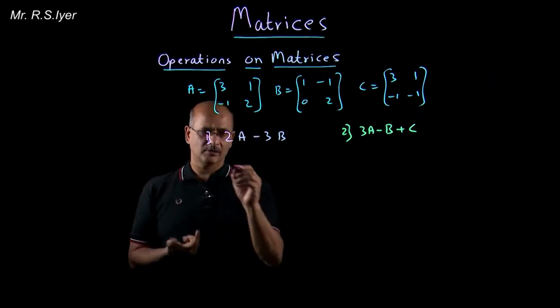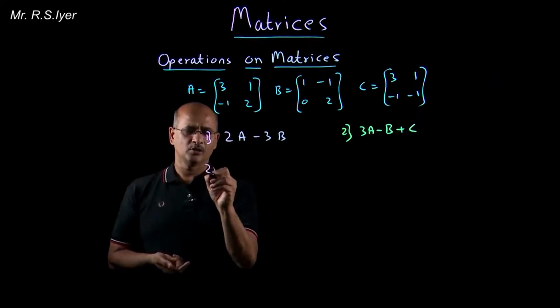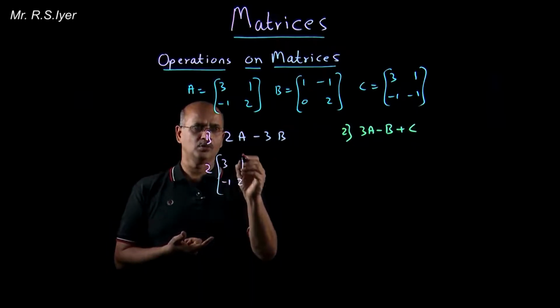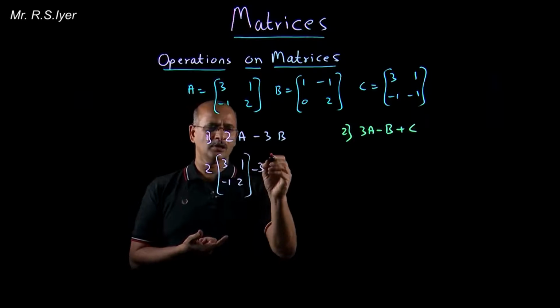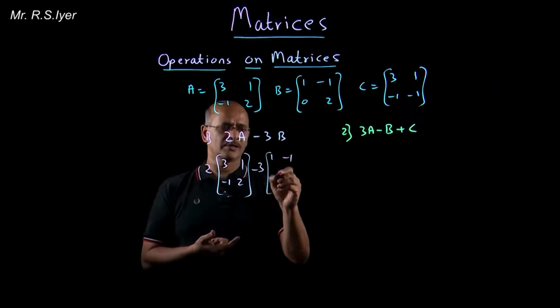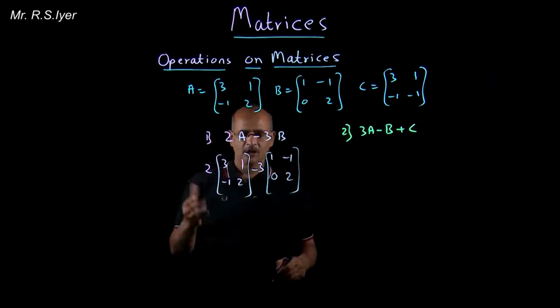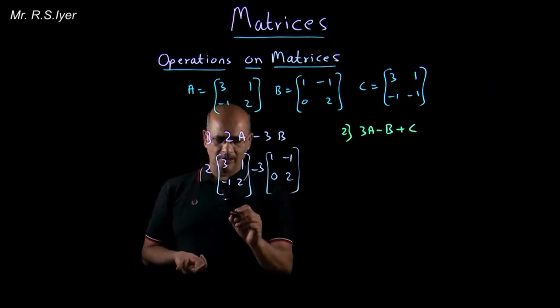So 2A minus 3B. So how do I write it out? I will write here 2 into A matrix, 3, 1, minus 1, 2, right, minus 3 into B, that is 1, minus 1, 0 and 2. So you have done this part. So let us see what happens now. So this will become 6,